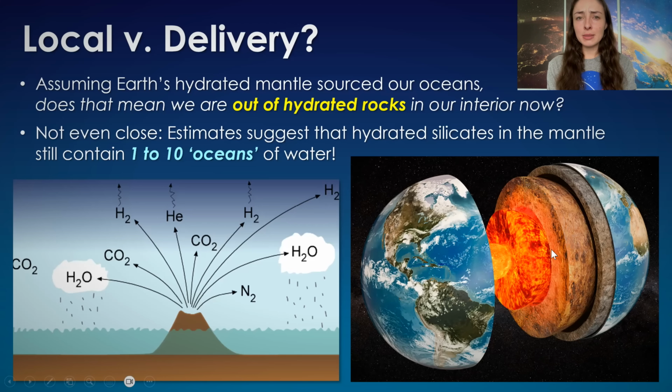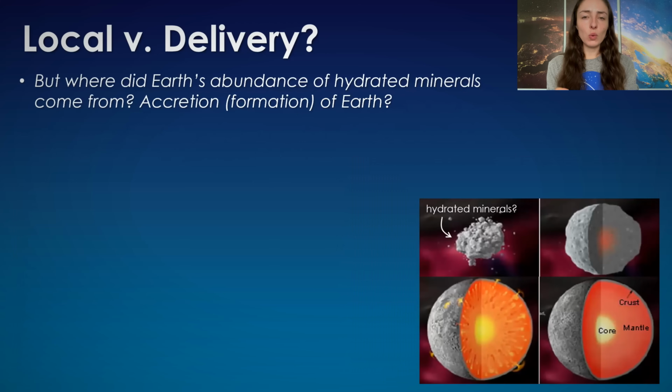And I've seen estimates even up to 50 oceans, but I think that's on the pretty high end of estimates. So in any case, it's not fully dehydrated. However, where this abundance of hydrated minerals in the mantle came from is another question. Like I mentioned, one might assume that hydrated silicates were the things that accreted to form Earth, but this actually